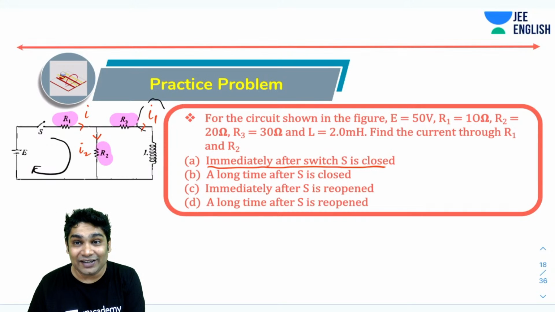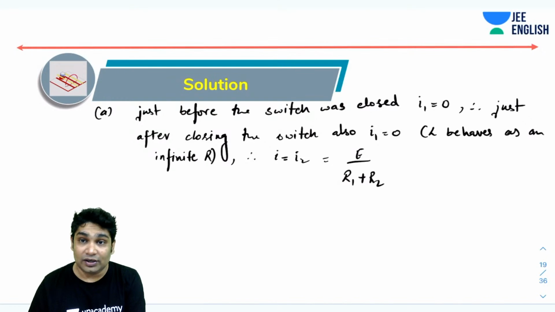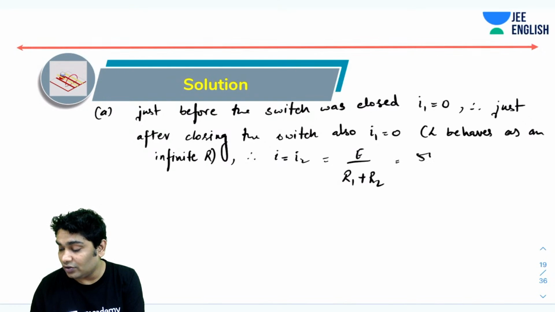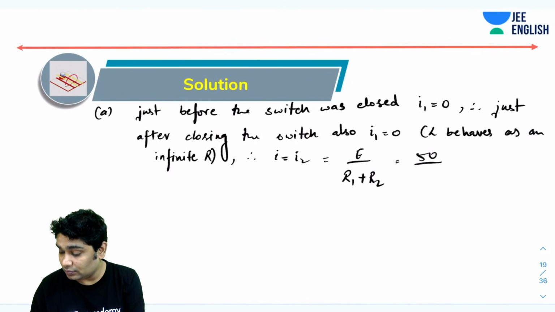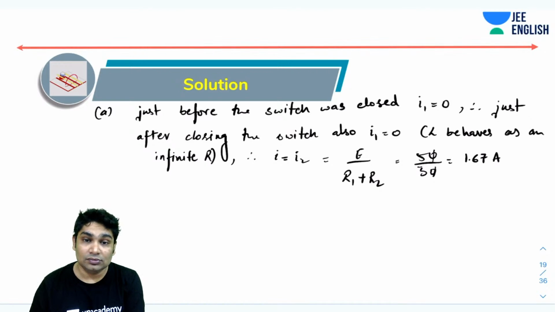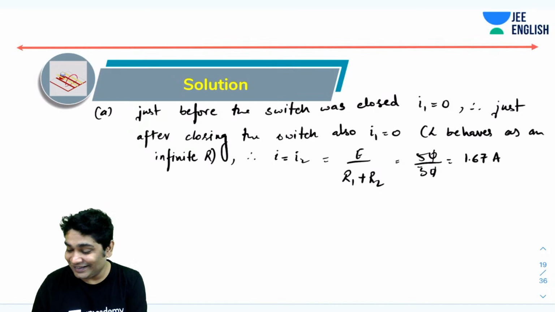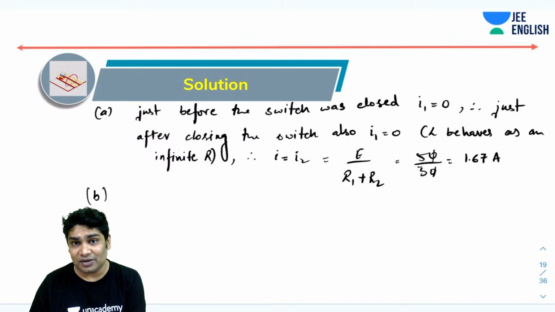So we have to find the current through R1 and R2. Yes, this is my answer. Current through R1 will be equal to current through R2, which is equal to 50 over 30. So immediately after closing the switch, the current is 1.67 ampere in both R1 and R2. Okay, so this was easy. And this is how easy the problems are going to be if you know the concept that is being used